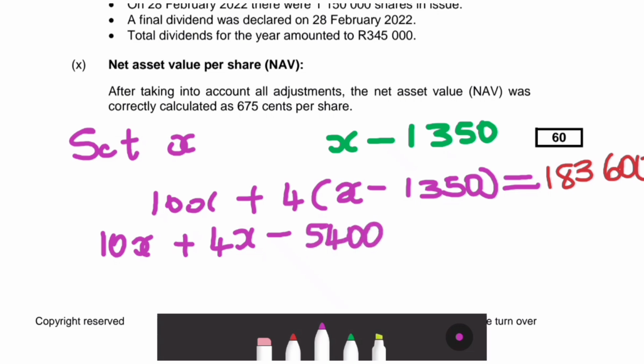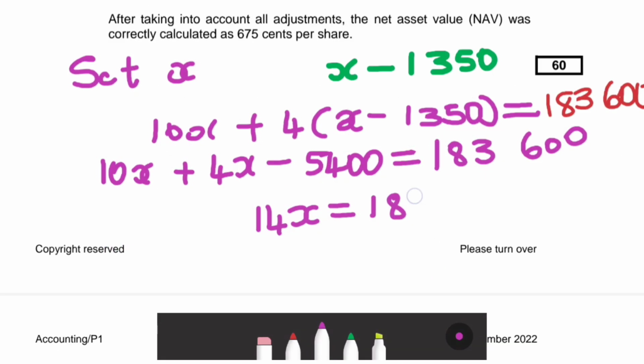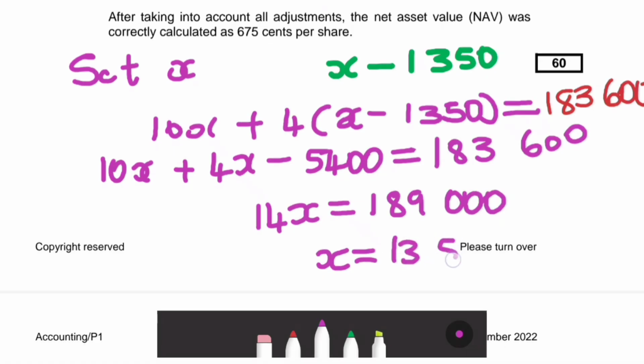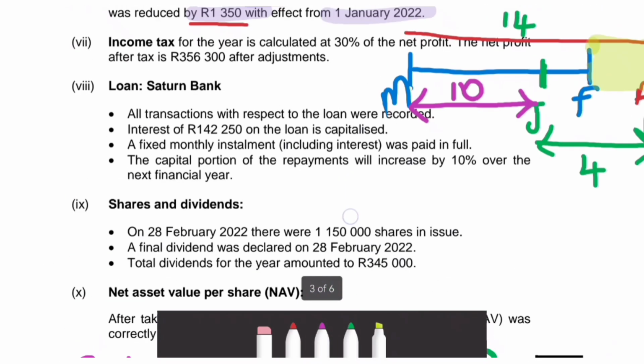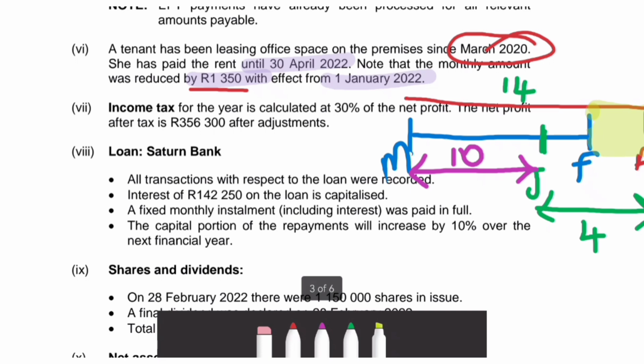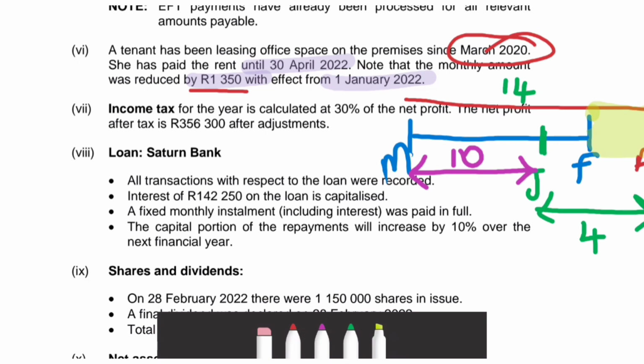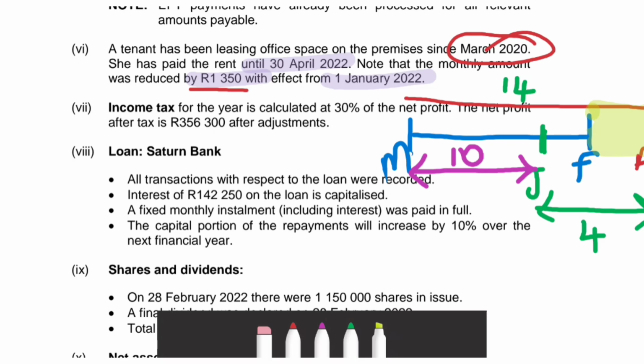5,400. All that will give us 183,600, 189,000, and our X is 13,500. So every month we were receiving 13,500 from this tenant until the 1st of Jan, where we started receiving 12,150. If we go back to our timeline, we can recall that the amount that we want to remove from